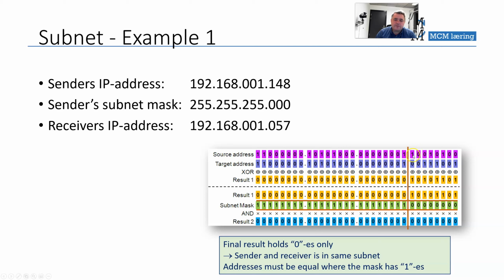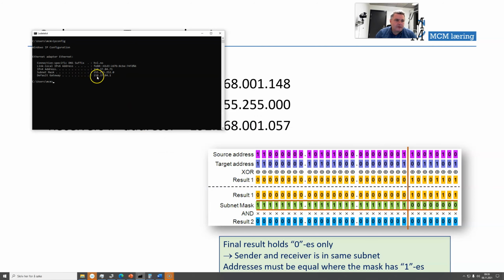For example, here different, here different, and here. But since the source and the target have the same address in the portion where the subnet mask has ones, the sender knows that the message can be sent directly to the receiver. Instead, if it wasn't the same, it would have to send the message to the router. And in my setup, there is an address to the default gateway, which is the router, which will be used